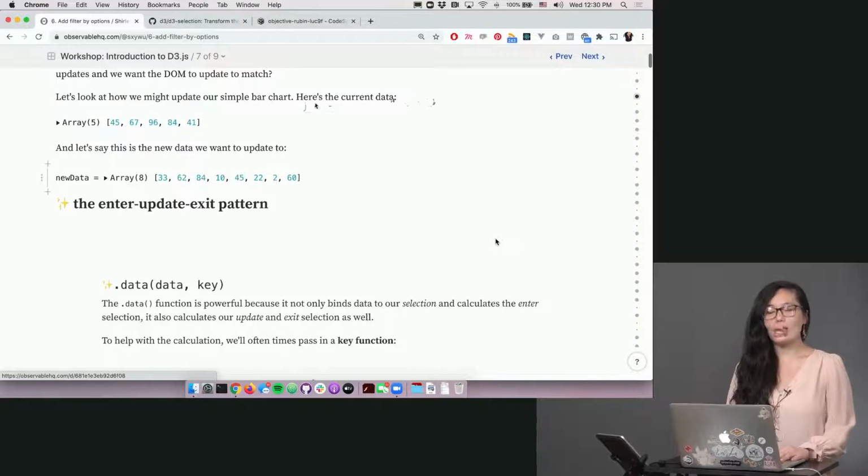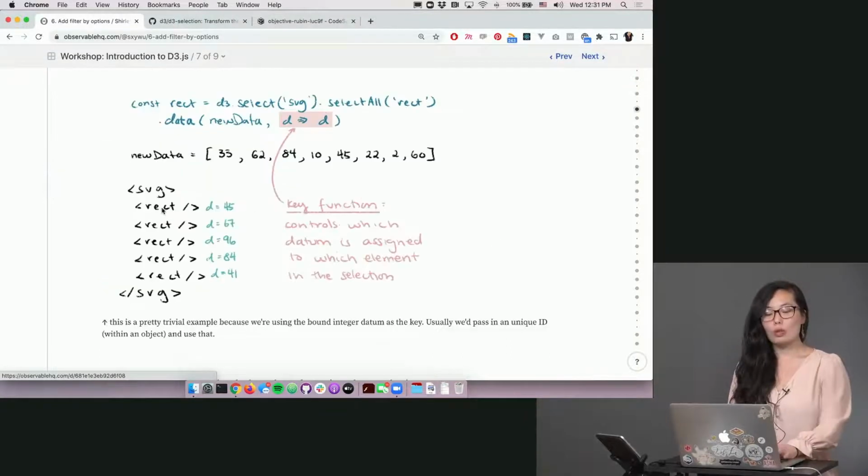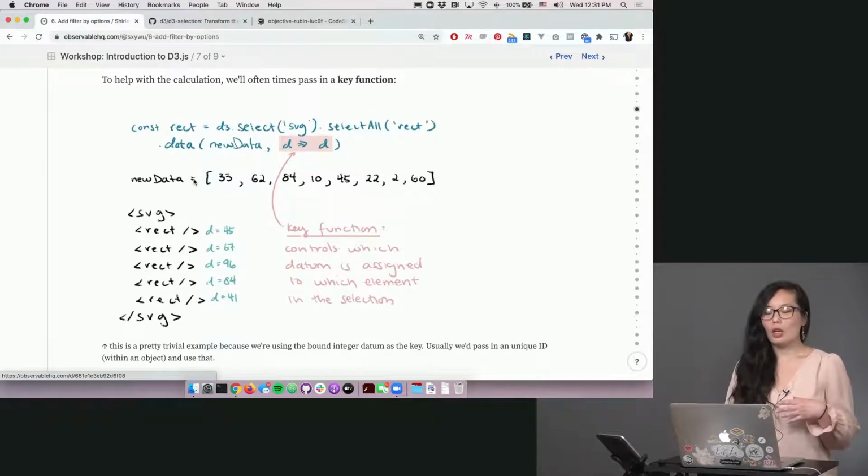This part should return a selection of these 5 rectangle elements. And we'll call .data on that. And you can see, like before, we'll pass in an array of data. So we'll pass in that new data of the 8 integers. And then the new thing that we're learning